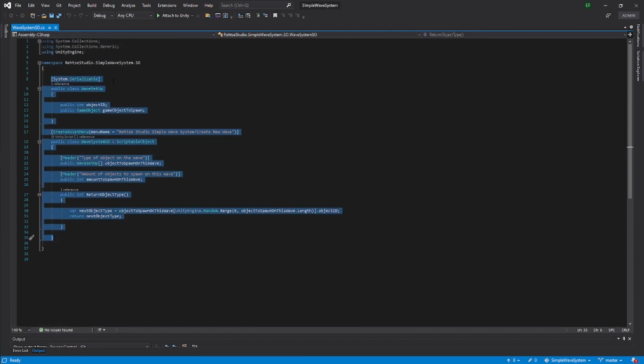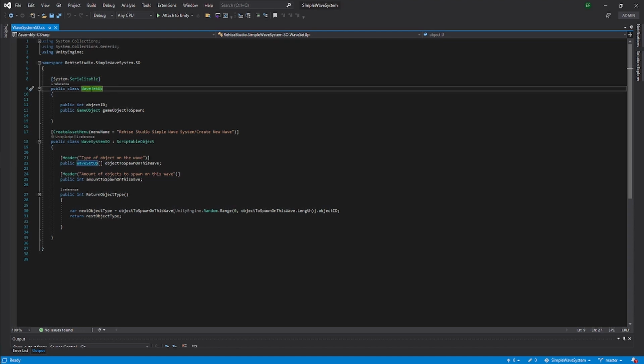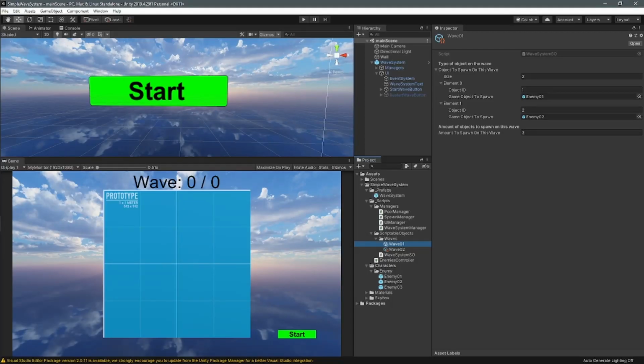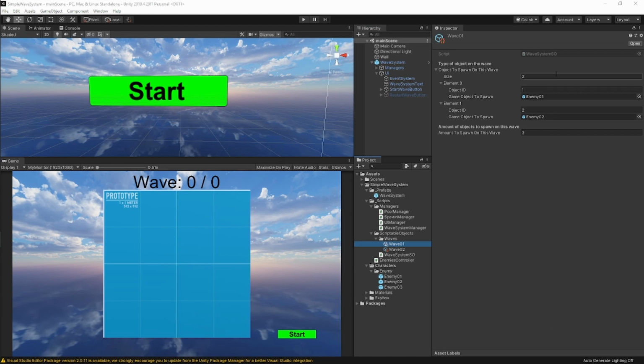The script itself has a class called Wave Setup. Inside the class, we have a public int property that will hold the ID of the game object that you want to spawn, and a public game object property to hold your enemy or item game object. This class is turned into an array by calling it in a Wave System SO class that inherits from scriptable objects. By creating this array, you can control what type of items or enemies are created on a specific wave